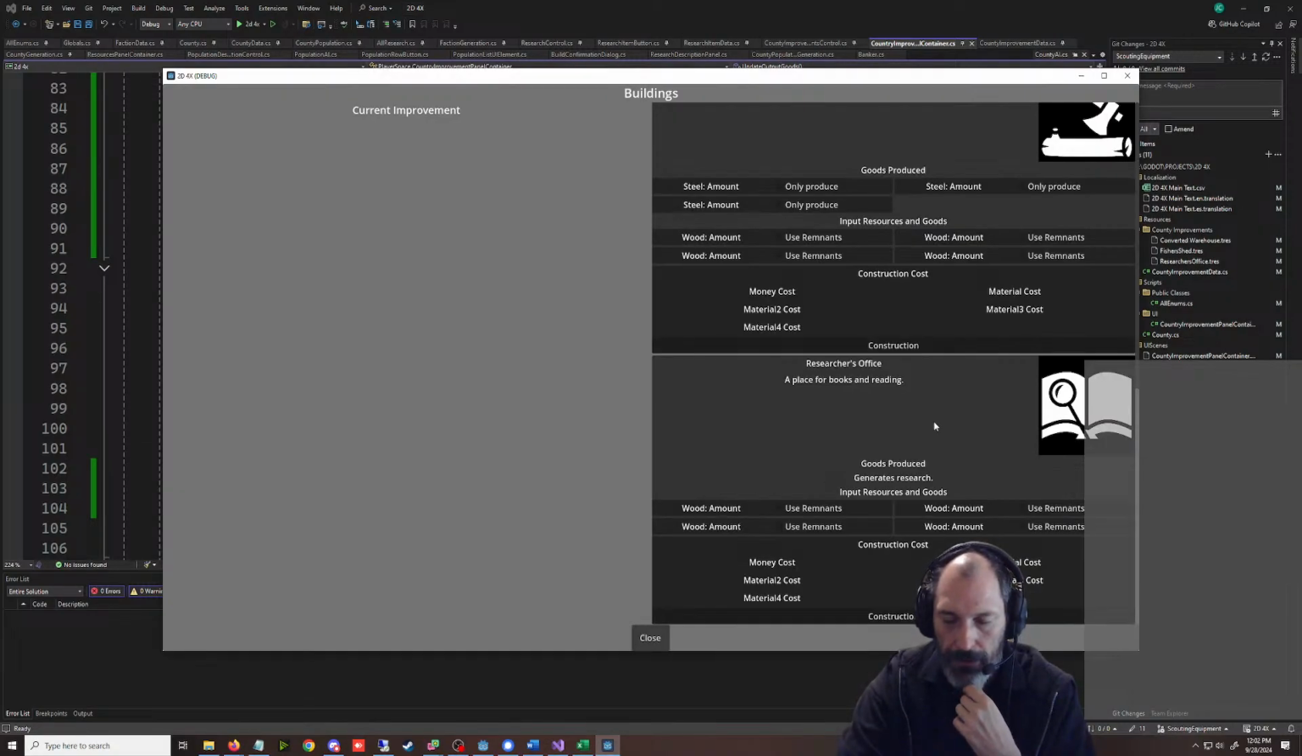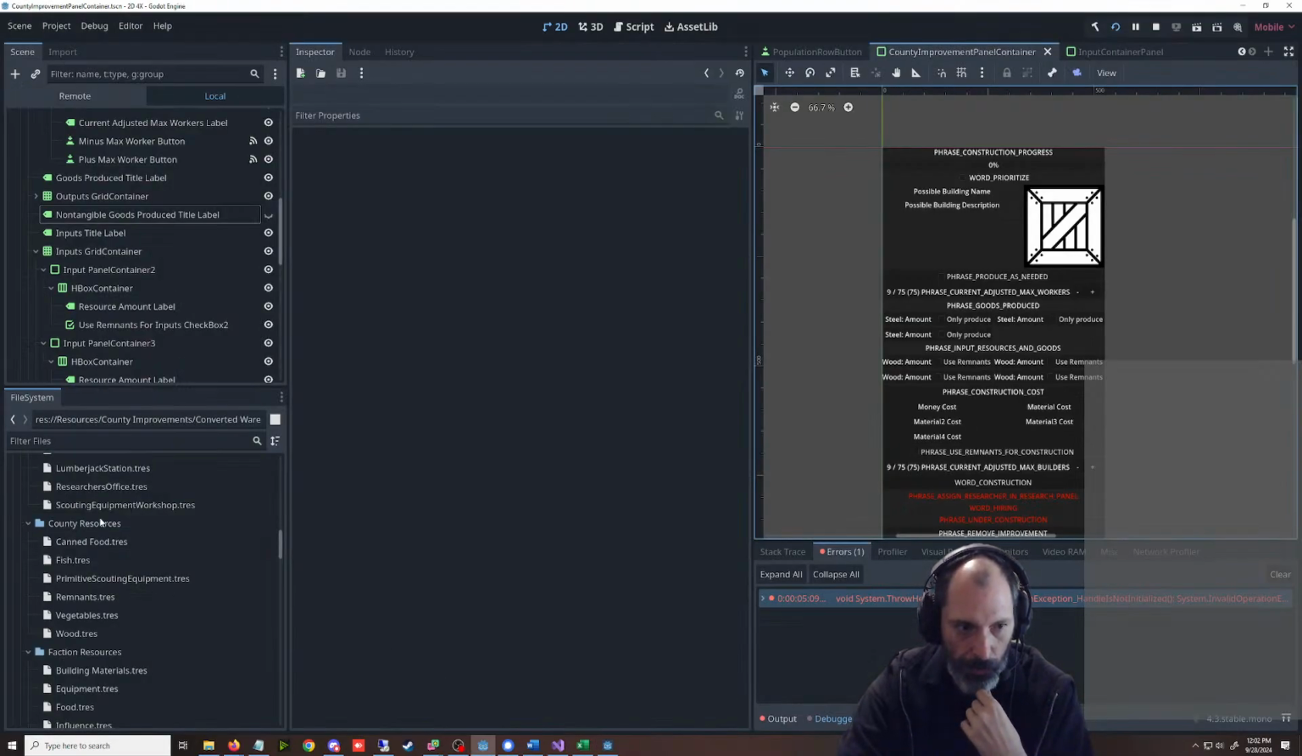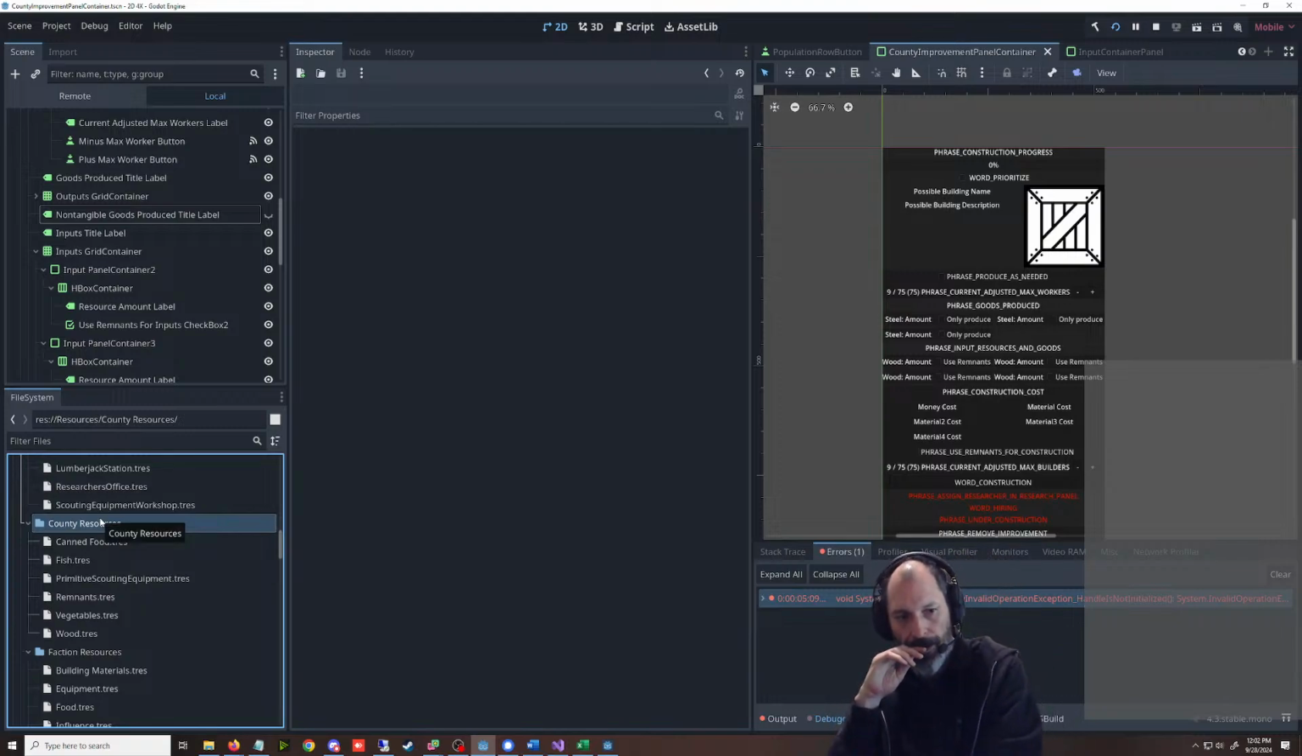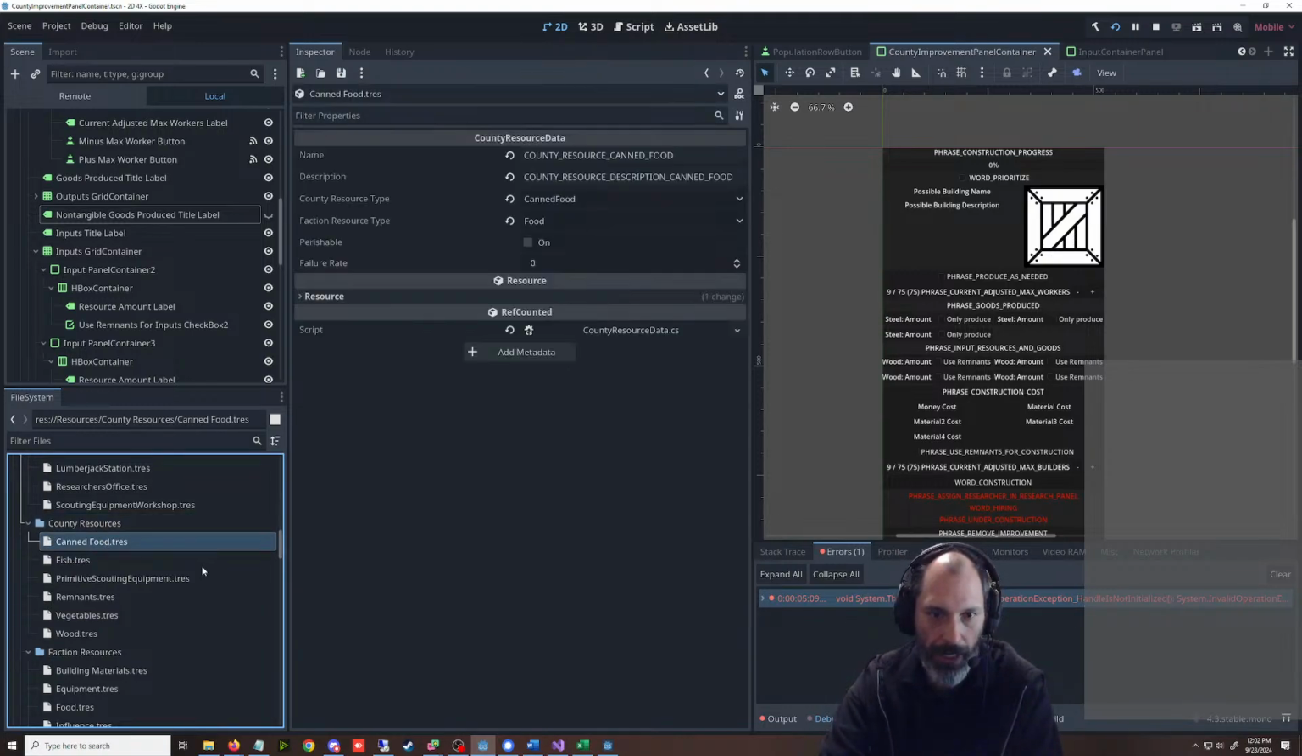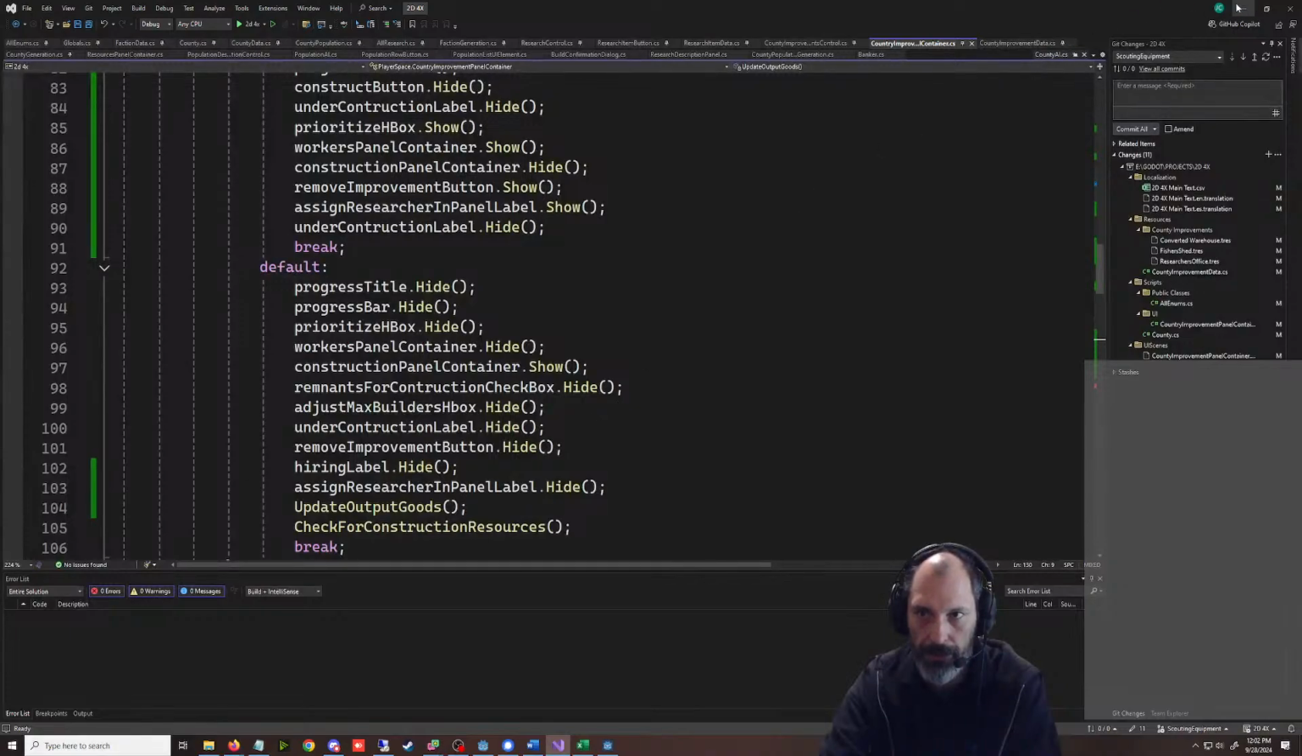I think statuses is probably the best way to do it. We have a status here: goods produced generates research. Well, now I'm thinking maybe we should put the county resource, and it generates county resources. Is there some way we would have to look how we generate? We have perishable, and then we have a failure rate. How do we generate these resources